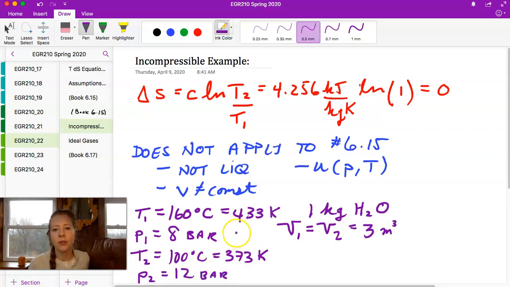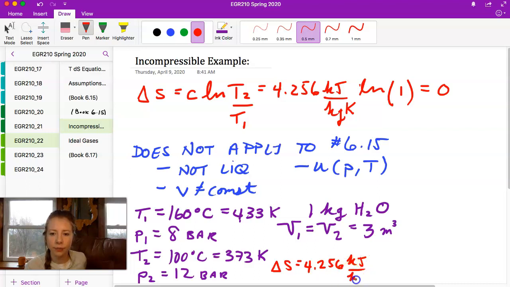Okay, so we can find delta S just by using this relation up here for the incompressible model. So 373 and 400 Kelvin, well, 433 Kelvin. 400 Kelvin is right in the middle, though. So we can still use this value that we looked up for C earlier in our tables. So delta S is going to be 4.256 kilojoule per kilogram Kelvin